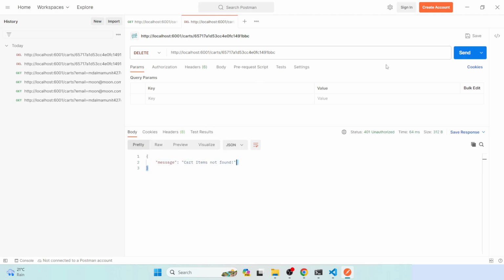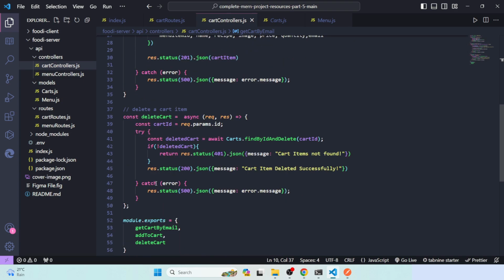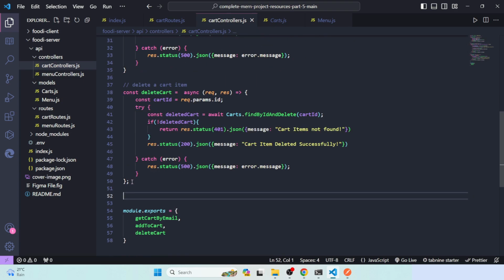That means it's already deleted. What if you try to delete an item with an incorrect ID? Then it will say cart item not found. So every time it will work right now. Okay, fine. So if you do this, add to cart and delete are done, and then there are the last two. The first one is